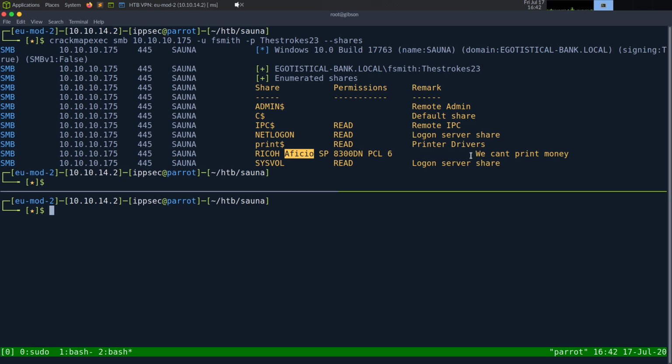We do have a printer. That's funny. We can print money. Oh, we can't print money. But